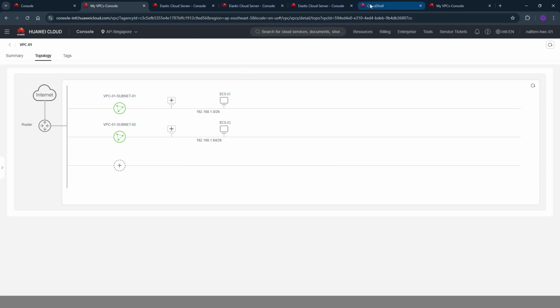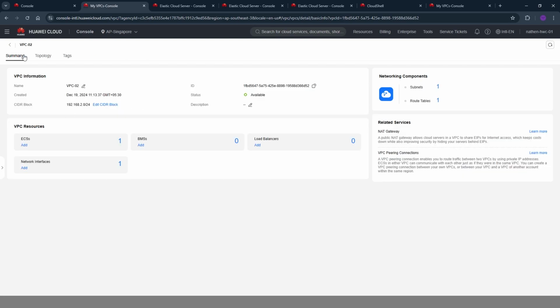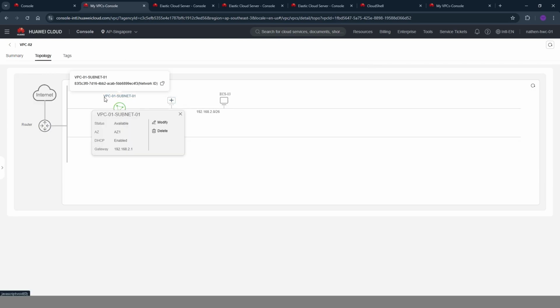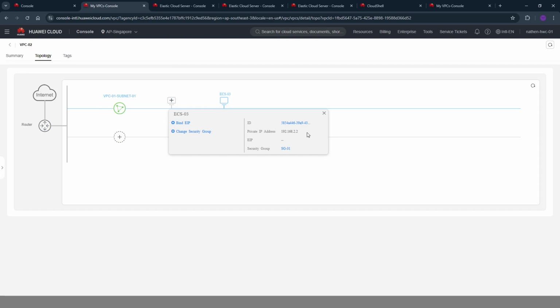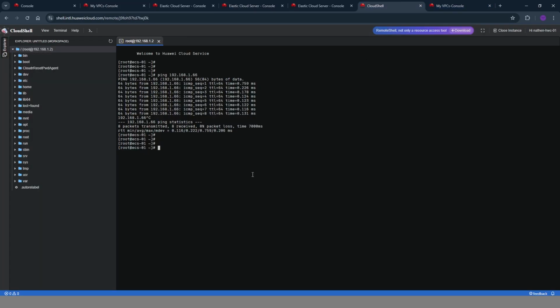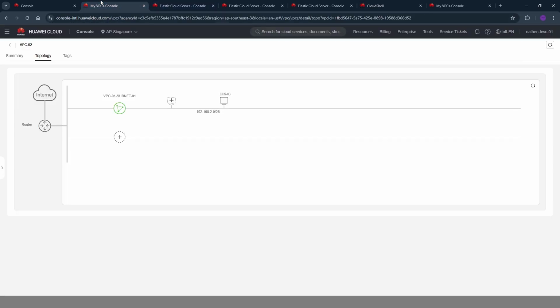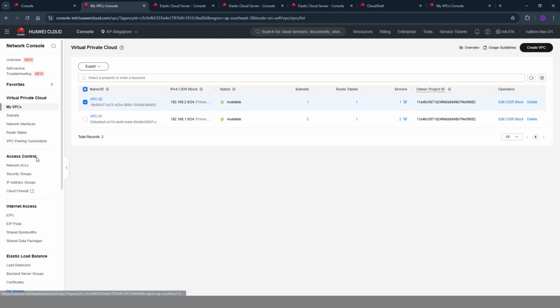And so we'll go ahead and ping ECS3 from ECS1. So ECS3 is in VPC2 topology. So yeah, it's here. Go ahead and copy the IP of it. Go into Cloud Shell, ping ECS3. As you can see, it's not pinging. This is because VPCs are isolated. So what we can do to connect the VPCs is go to the VPC console, go back once again, and